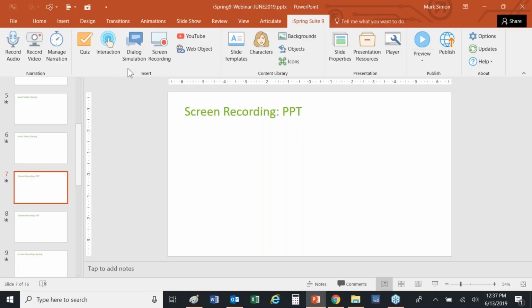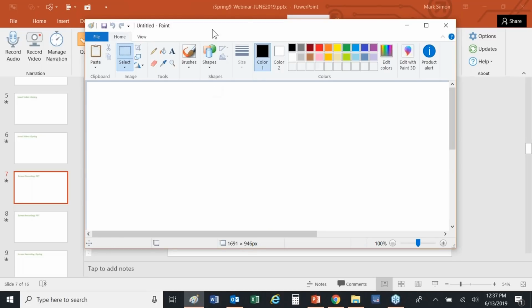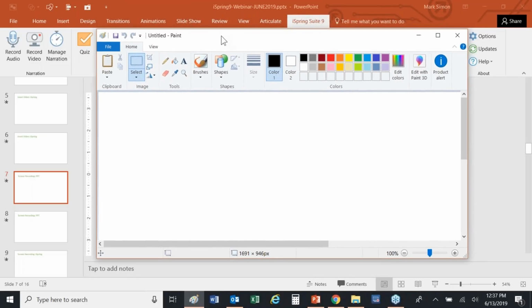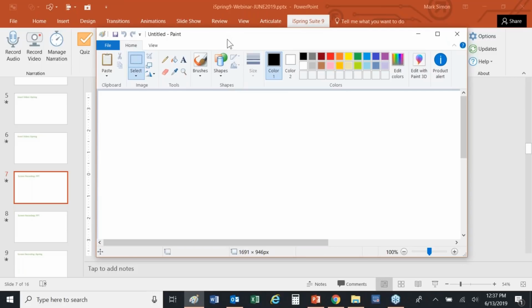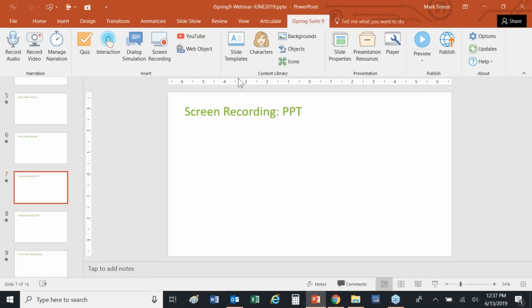So screen recording, if you haven't done it through PowerPoint, it's a very handy feature. What I'm going to do is I'm going to do a little screen recording of Microsoft Paint, one of my old-time favorite applications. Now, I'm going to close this down for now because I want to show you at least one thing with doing PowerPoint screen recording. When I go into the screen recorder of PowerPoint,